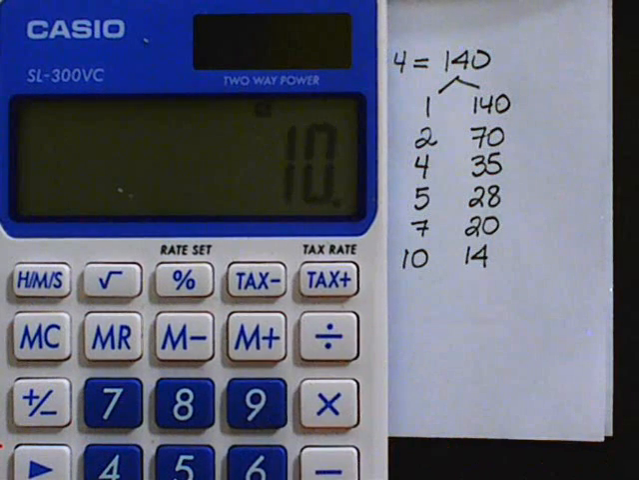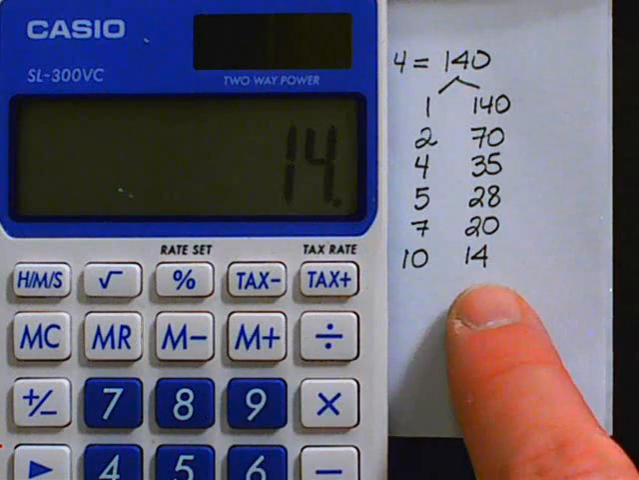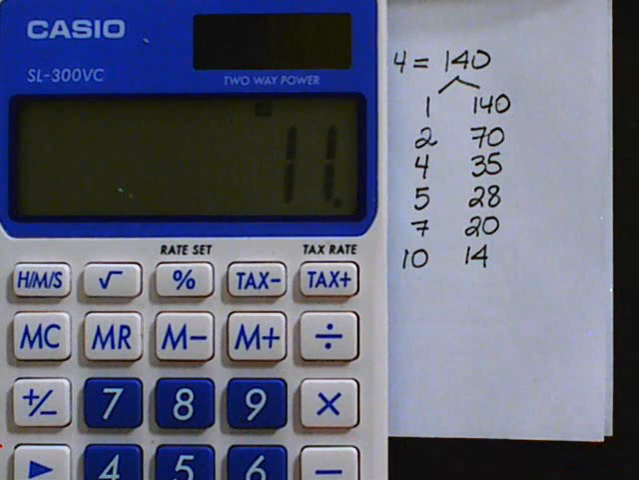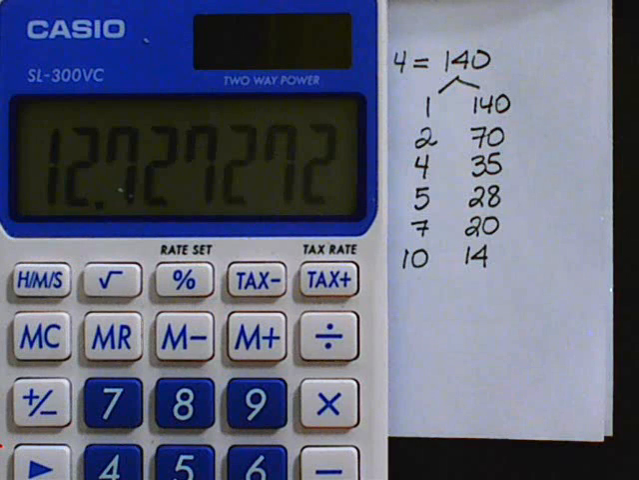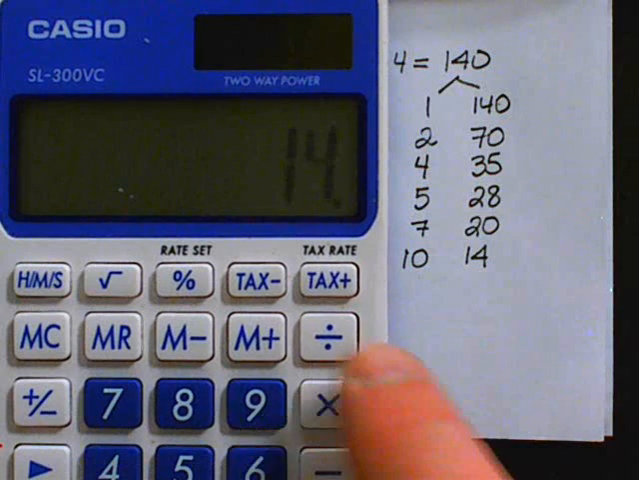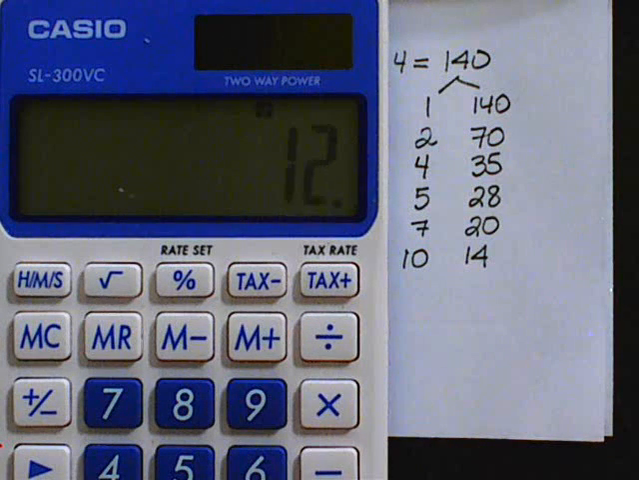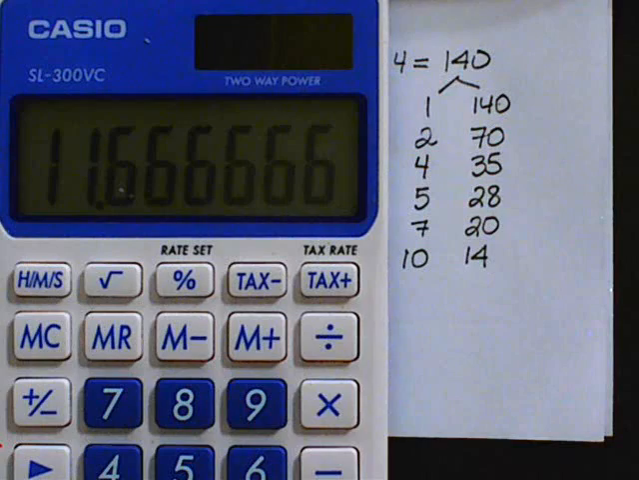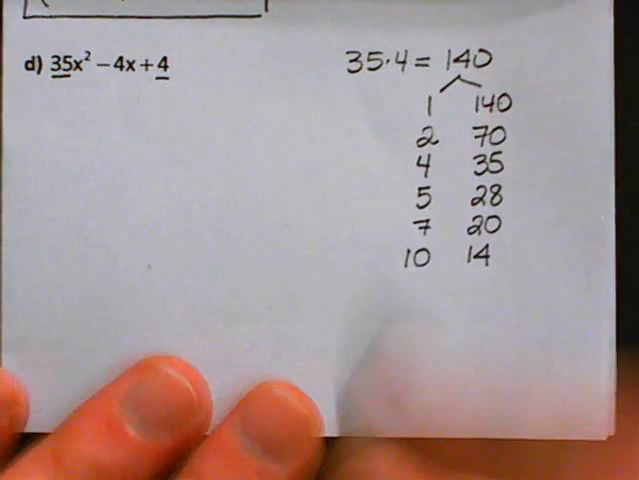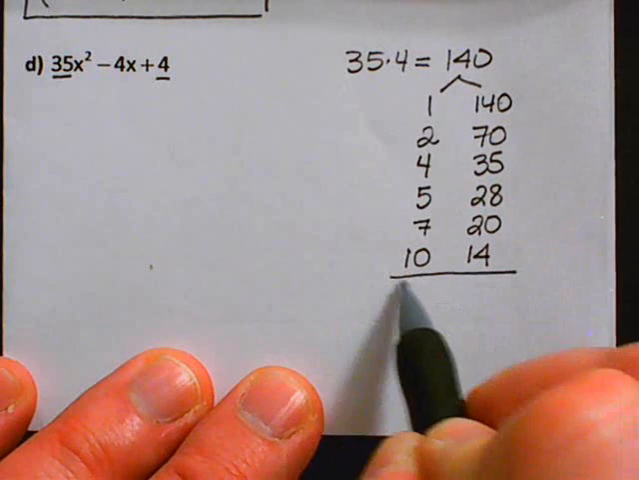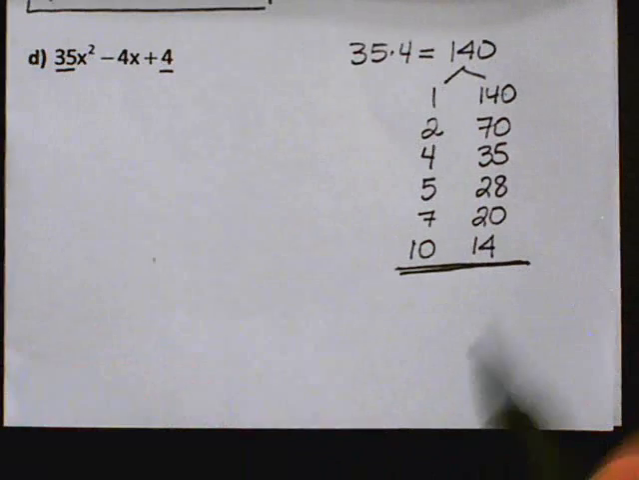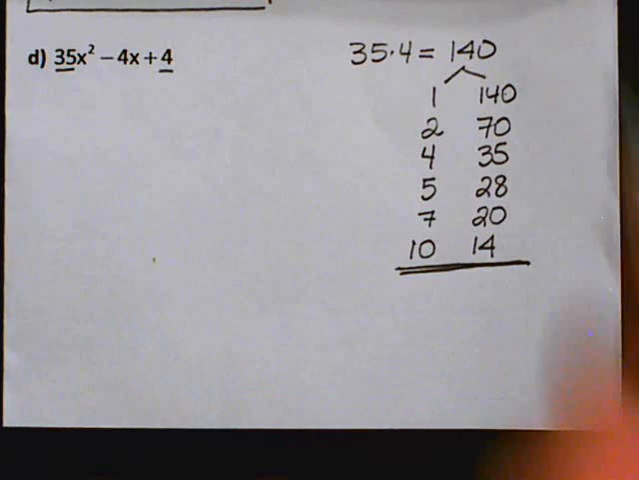So 140 divided by 10 gives me a whole number, so I put it down. 140 divided by 11 equals a decimal, so that I know that 11 does not go into 140, and so on. So 140 divided by 12 gives me a decimal, so that tells me that 12 does not go in the list. Okay, so that's just a little illustration on how to use the calculator to create this list. Now that we have this list,